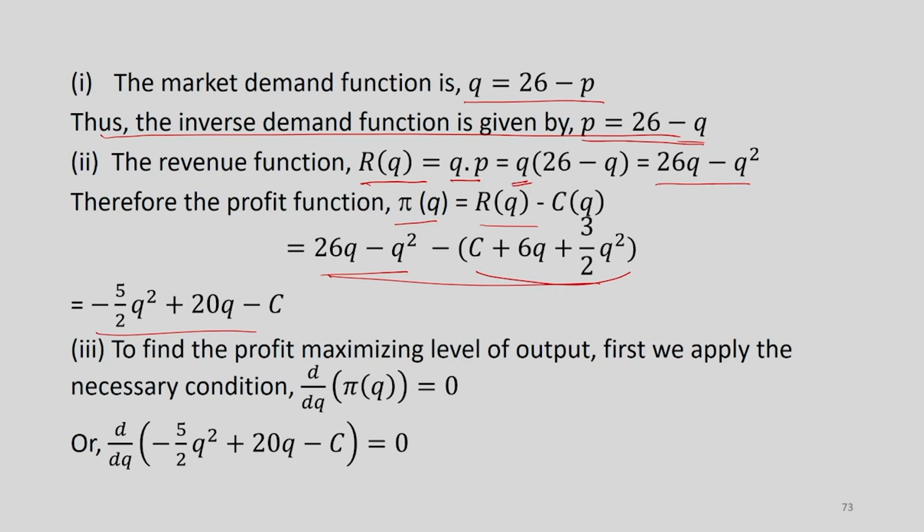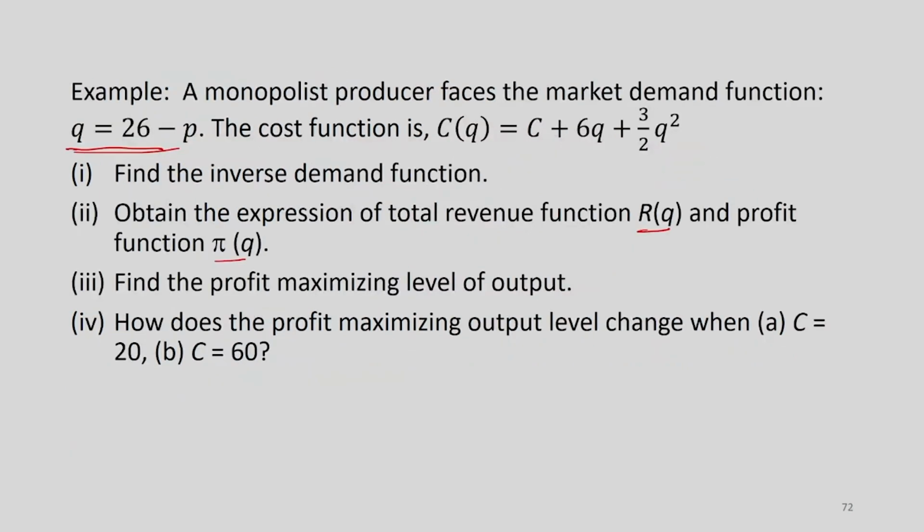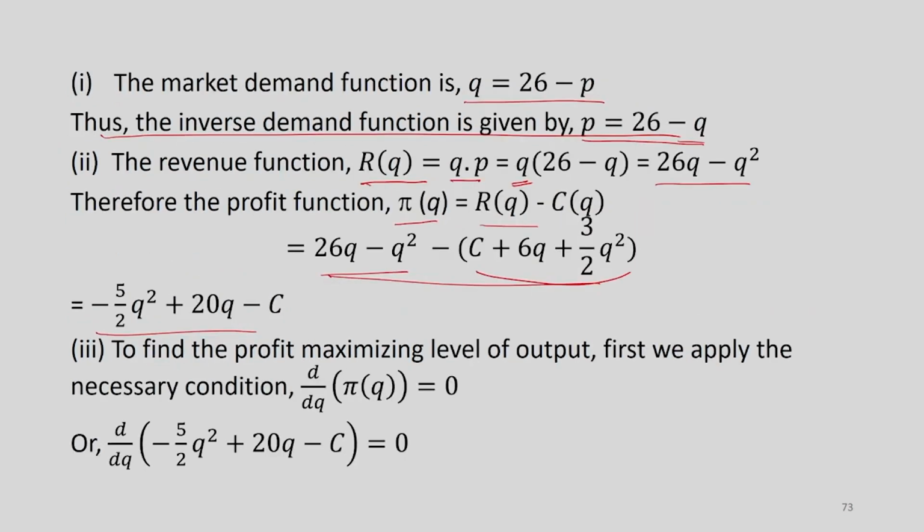Okay, so this is the profit function. Third part, obtain the profit maximizing level of output. Now, this is the usual method we are going to apply. To find the profit maximizing level of output, first we apply the necessary condition, that is the derivative of the profit function with respect to quantity is equal to 0,